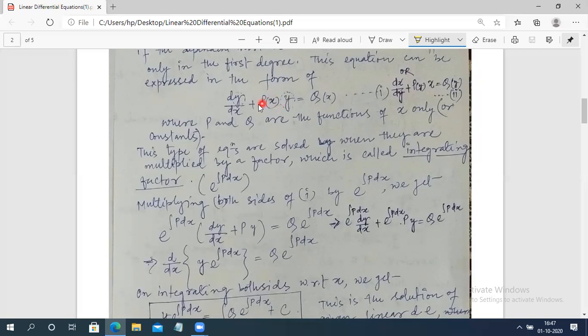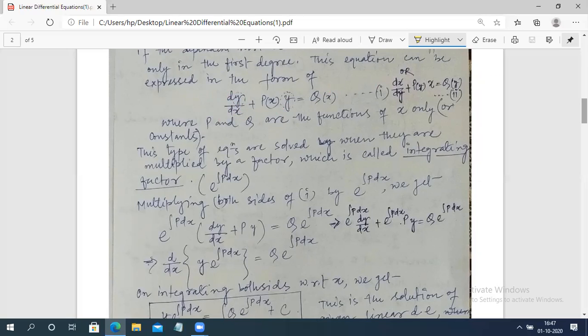no term like y dy by dx in this type of equation, linear equation. Okay, linear equation means that here y is your dependent variable, x is the independent variable. So there will be no term in which the dependent variable and its derivative occur in product form. That means y into dy by dx or y square into dy by dx, this type of thing will not happen. There may be x, because x is the independent variable, so x may be multiplied with dy by dx. But in case of linear differential equation, there will be no terms like y dy by dx or y square dy by dx. Okay.